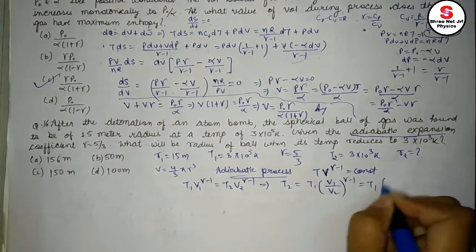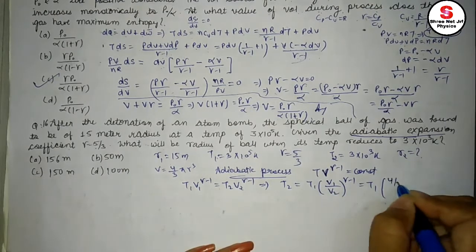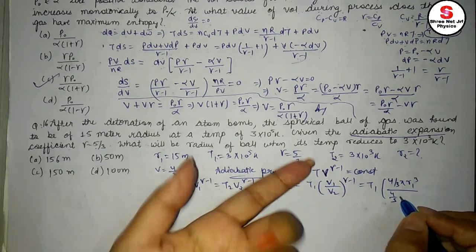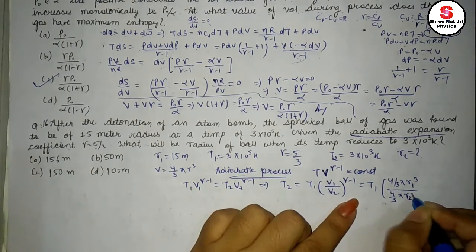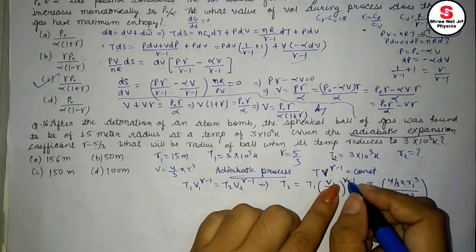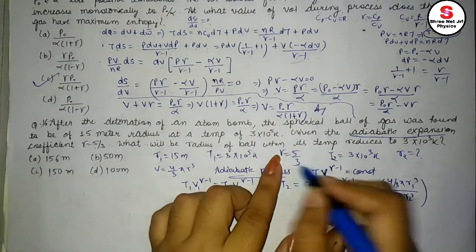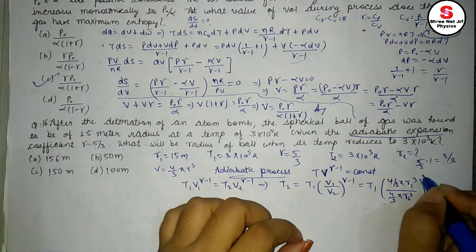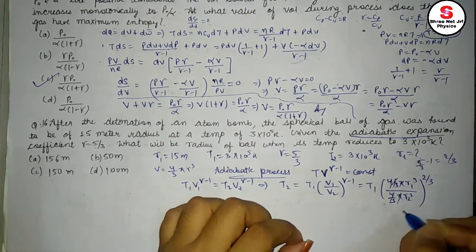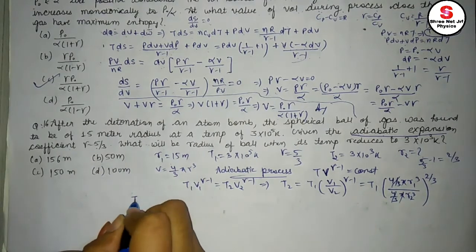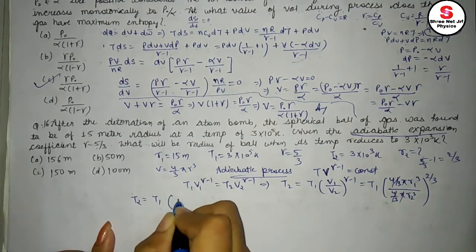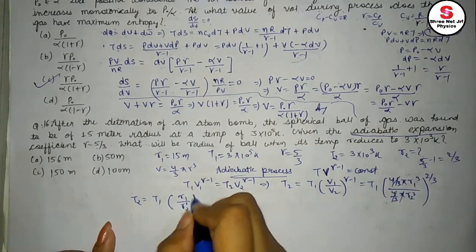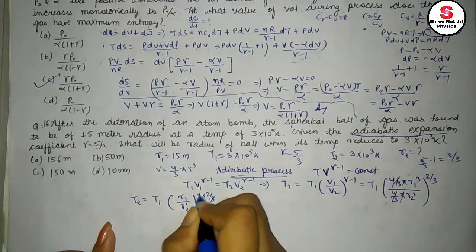Volume V1 equals 4 divided by 3 pi R1 cubed. For V2 it is 4 by 3 pi R2 cubed. Gamma minus 1, gamma is given as 5 by 3, so 5 by 3 minus 1 equals 2 by 3, right? So it is 2 by 3, 4 by 3 pi cancels out. Okay, so we get T2 equals T1 times R1 by R2, cubed to the power 2 by 3, that means squared.